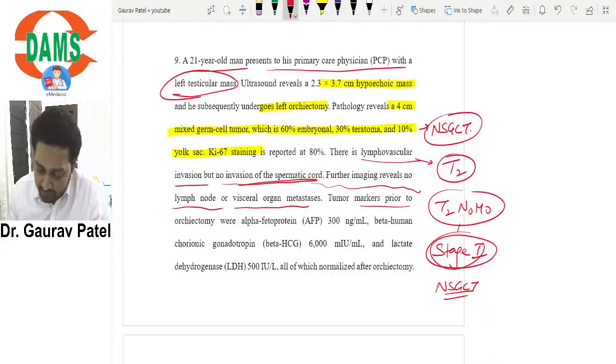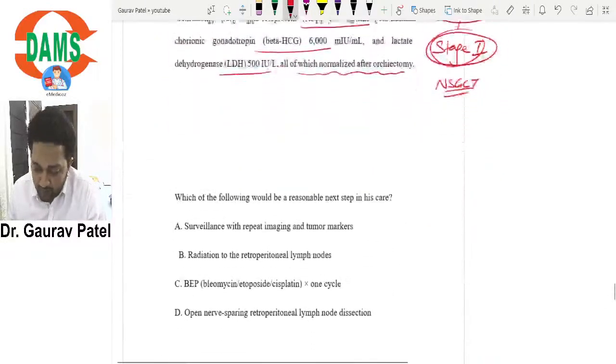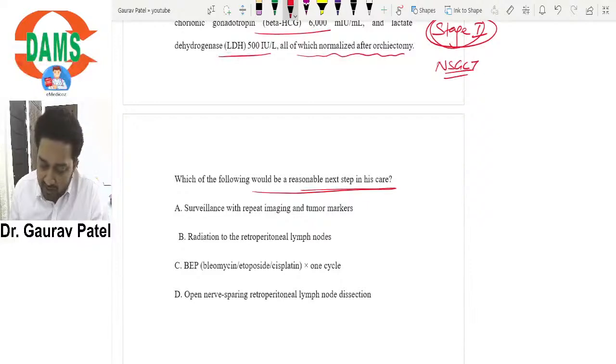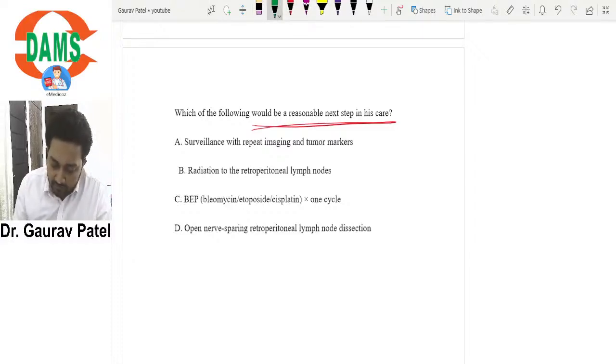Tumor markers before the surgery were raised, alpha fetoprotein, beta HCG and LDH, all three were raised, and all of these will become normal after the surgery. Which of the following would be a reasonable next step in his care? These are the options. So see,